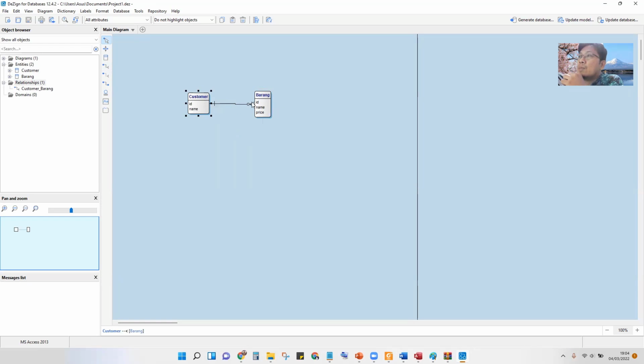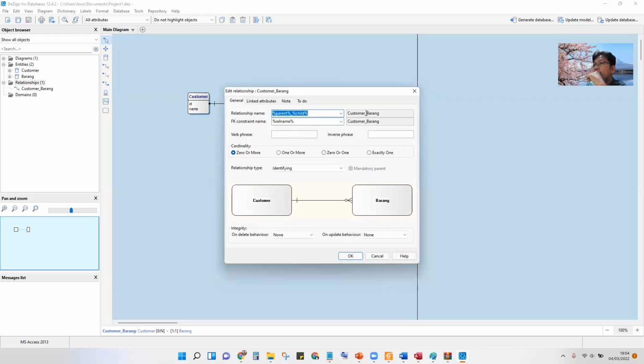This is one to many, one customer buys a lot of stuff. But of course one kind of stuff can be bought by a lot of customers. So this is usually many to many. How do we create the many to many?